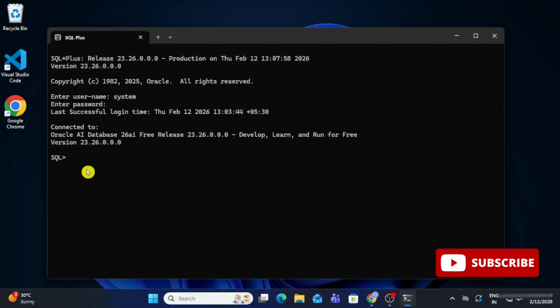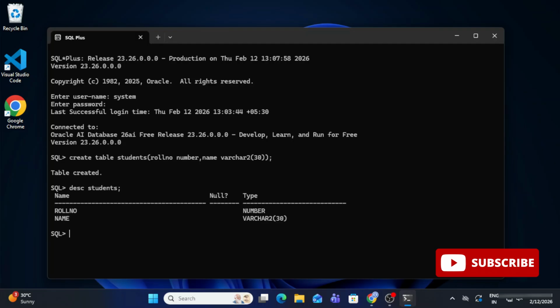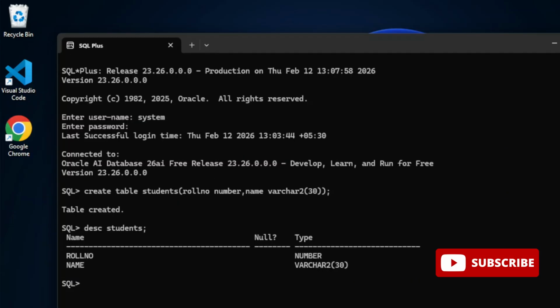And now guys, here you can type whatever query you want to type. If you want to create any table or whatever you want to do, you can type here. I'm simply typing one query for creating a table. I'm just trying to show you that yes, it is working perfectly. So I've just created one table, and I'm describing this table by using this command, and you can see it's showing me the appropriate output. So guys, I conclude my video. I hope by following my video, you are able to install Oracle successfully.